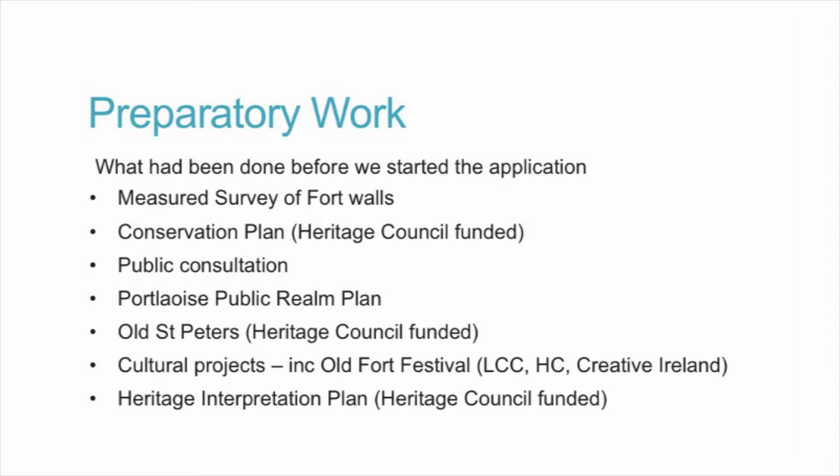So they started this Old Fort Festival, which is a music festival with a nod towards heritage in the daytime, brings thousands of people into the town centre, and everybody now knows the logo that they used is the shape of the fort with the round bastion and the square tower. It's really increased the visibility and the awareness of the fort simply just by hooking it onto it, and also really demonstrated that they see the value of it. The local traders see the value of the fort in their business, not just as a heritage